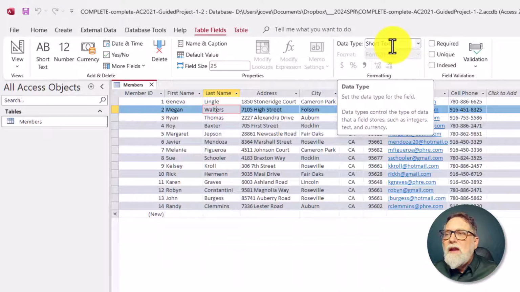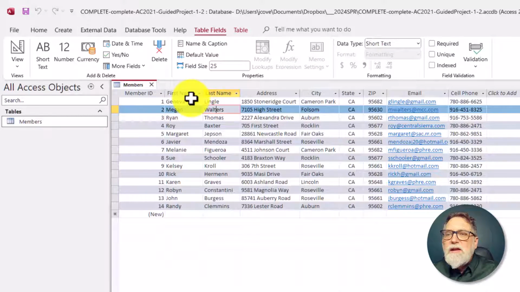When we create a table, we need to specify for each data element, each field like first name, last name, address, what kind of data it is so that the database, in this case Access, knows how to manage it. Let me click on this button with a triangle and a ruler on it. This is the View menu, and it's going to give us just a different way of looking at this same